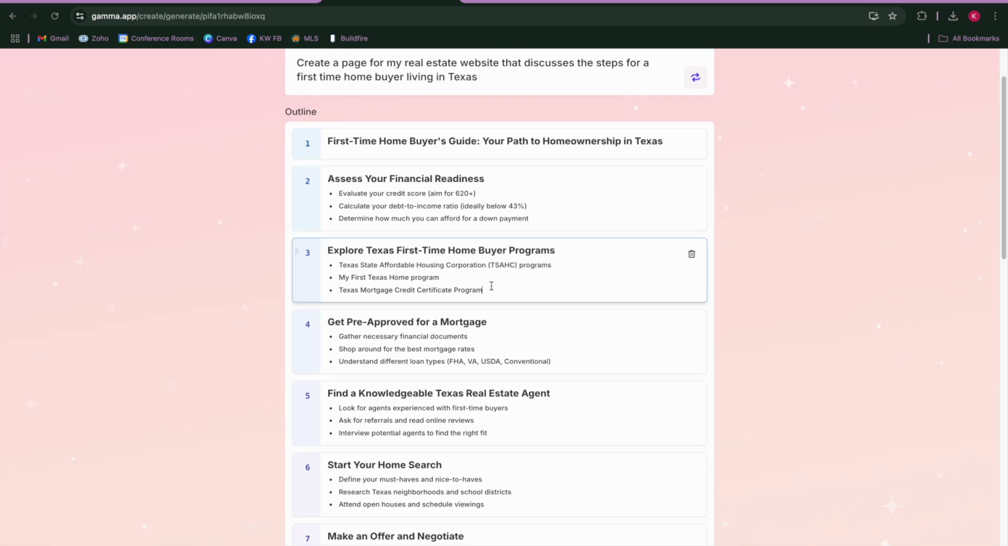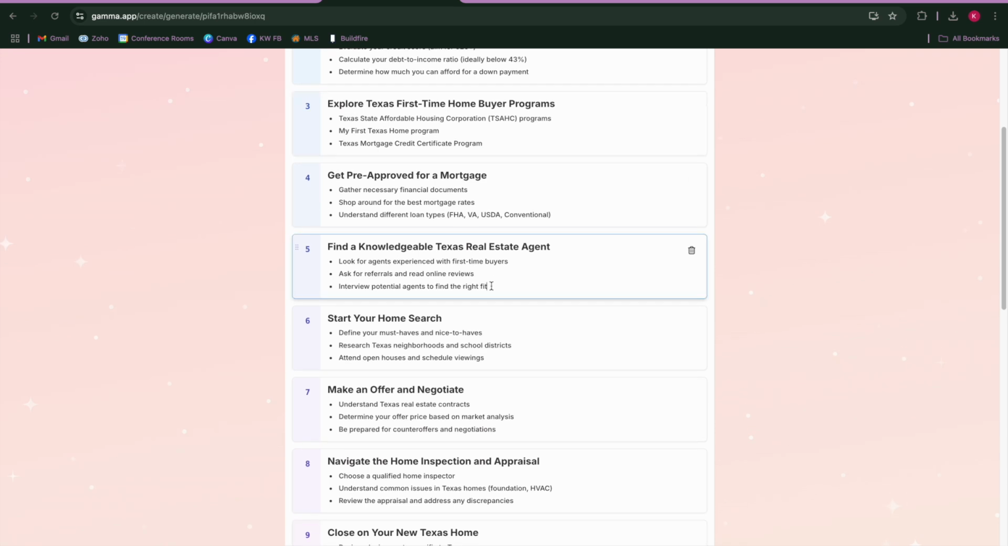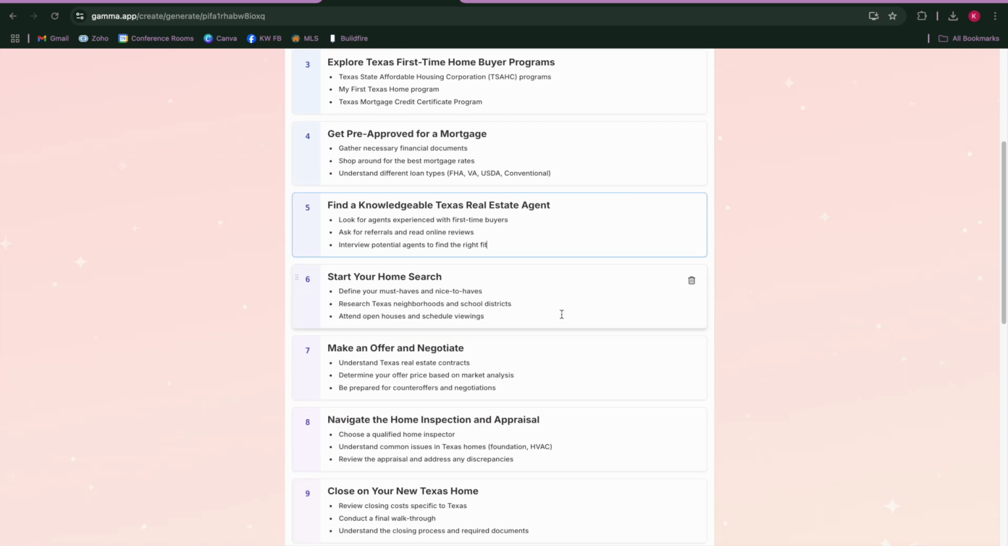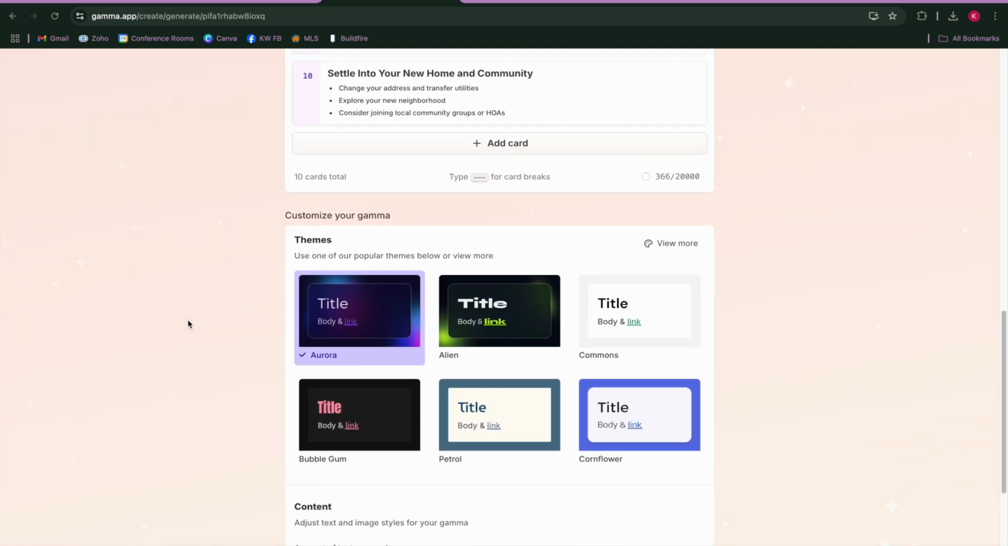So if there is something that is glaringly incorrect that the AI gave you, you have full functionality in here to go ahead and edit that information. Also, if you maybe only did 8 cards, you can always add another one. After you edit the actual outline information, it's going to